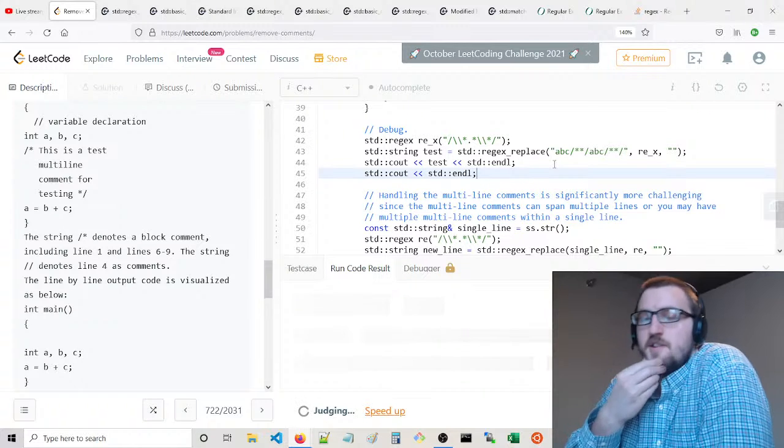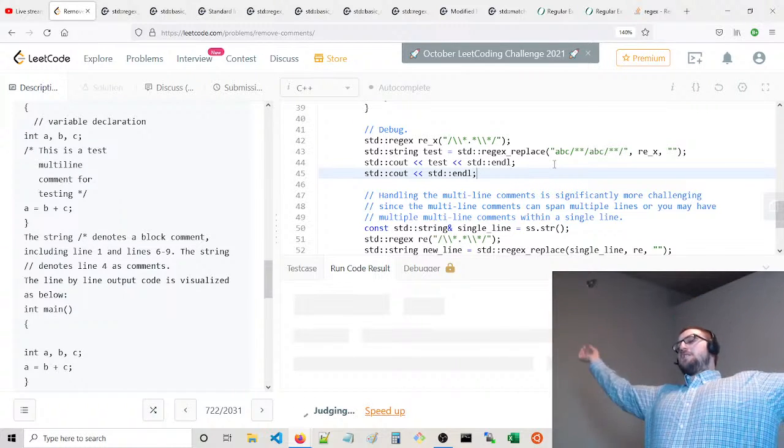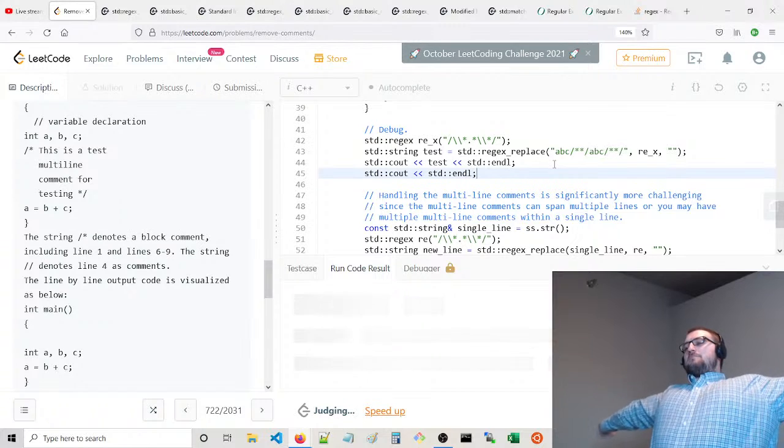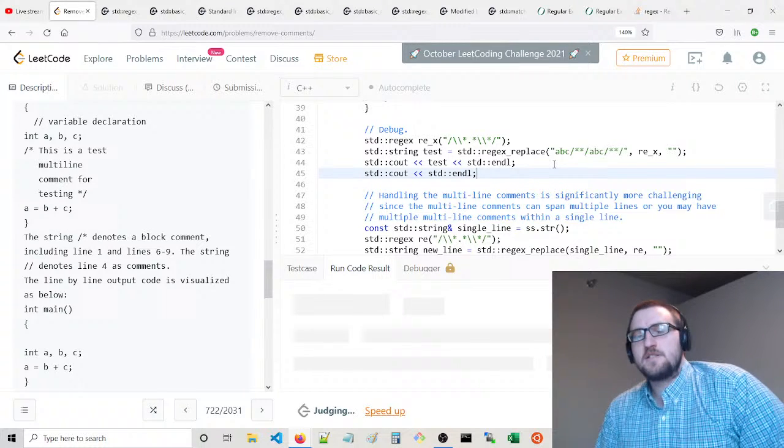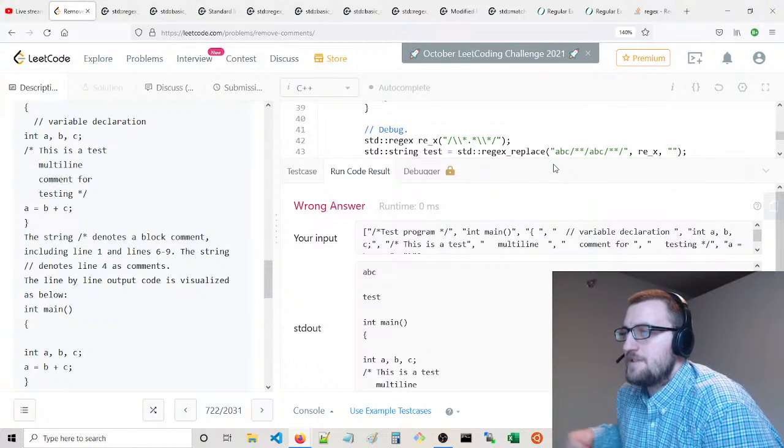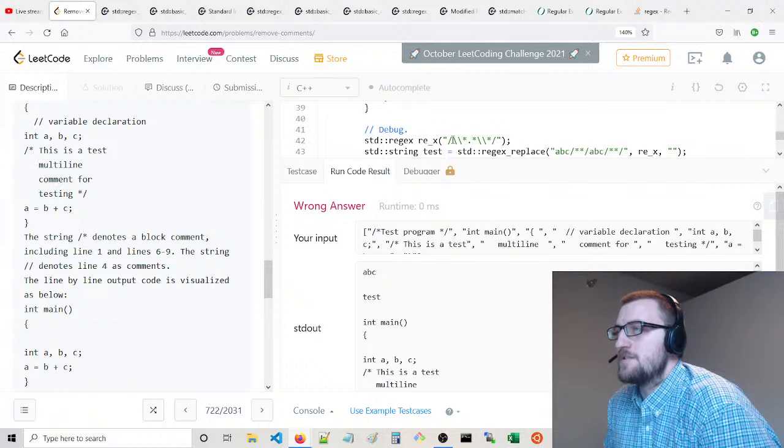What is going on? Maybe I should do my learning, testing these things locally. So what's interesting is we said opening and then closing these asterisks. So we would replace this, but we actually took everything.